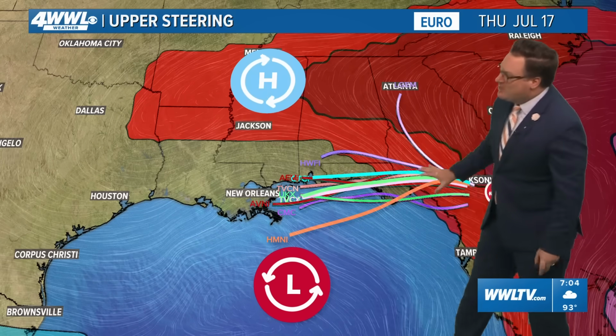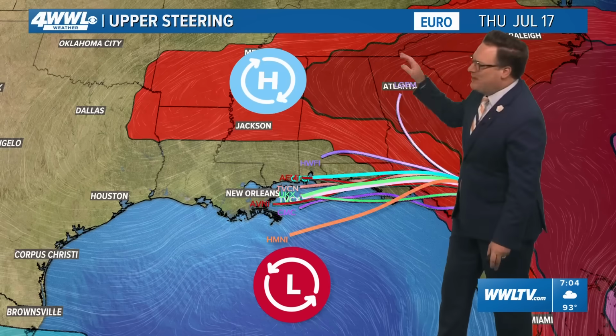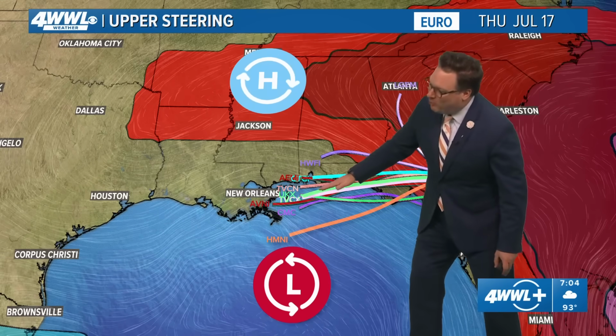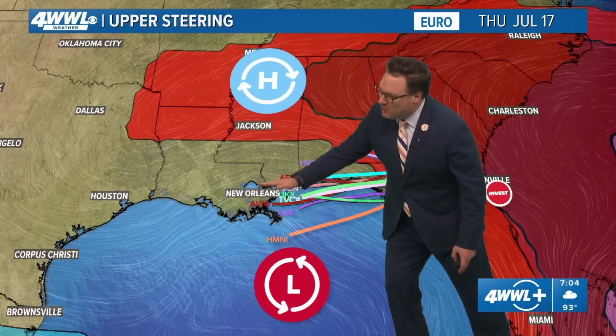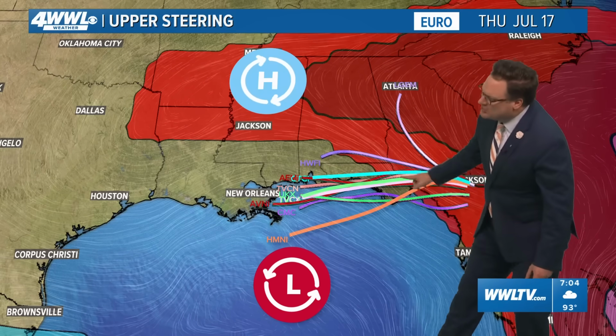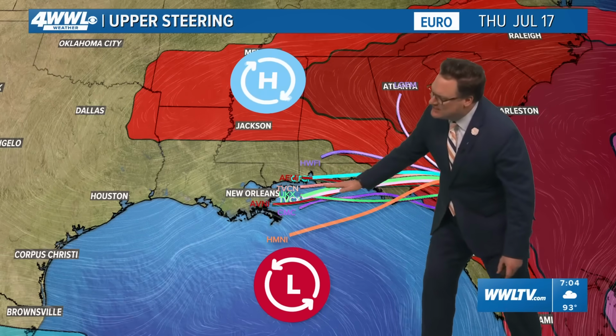As far as the timing goes, we're looking at it almost due west by Thursday. There is a possibility that even if it does stay on land, it briefly dips into the Gulf waters before moving inland over southeast Louisiana. Again, it is not going to have a whole lot of time to really organize, and even if it were to move over water, say around the Big Bend and stay just to the south of the coastline,